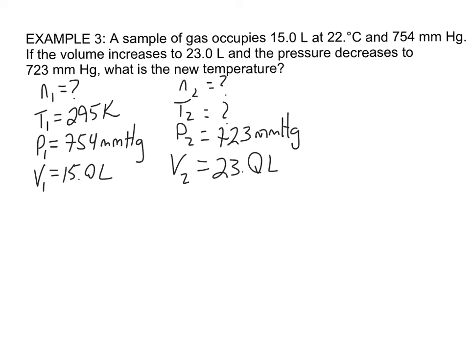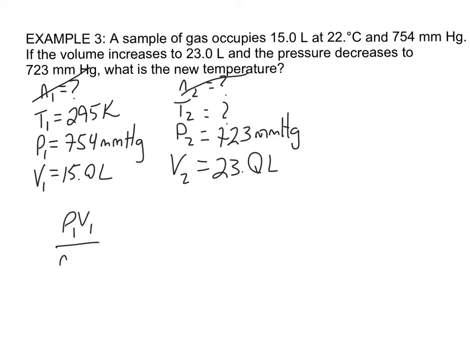But notice that I don't tell you anything about how much gas you start with. Here's the nice thing about these problems. If we don't tell you anything, a start or a finish, with any of our variables, you're allowed to assume that that variable doesn't change. So we can't assume that for temperature because we start with 295 and we know that there will be a change because I'm asking for a new temperature. But I don't give you a starting number of moles, I don't give you an ending number of moles. So you're allowed to assume that those numbers do not change, and so therefore they're not going to make it into our